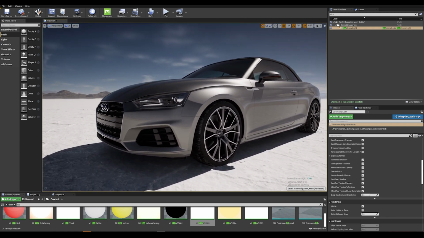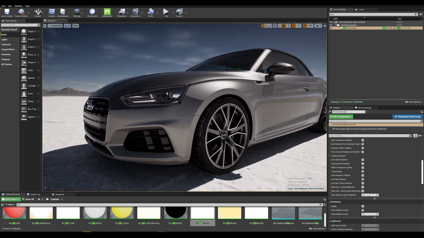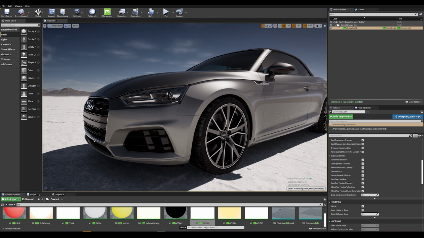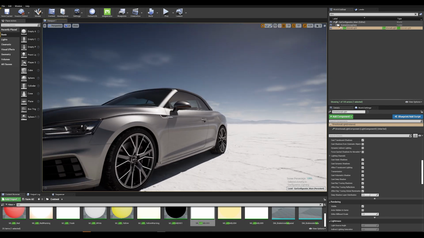Now, the last console variation that we used here, which is nice to show, is the new temporal AA algorithm. This is driven by this command called r.temporalAA algorithm. And right now it is set to 1. If you want to switch back to the default method, that would be r.temporalAA algorithm 0. And that falls back to the normal one. The reason that we use that is just for sharper definition on the tire, for example, and on the dirt, it pops out a bit more.